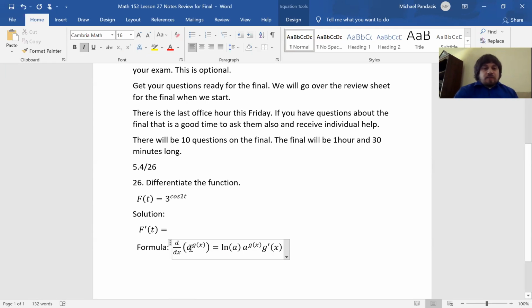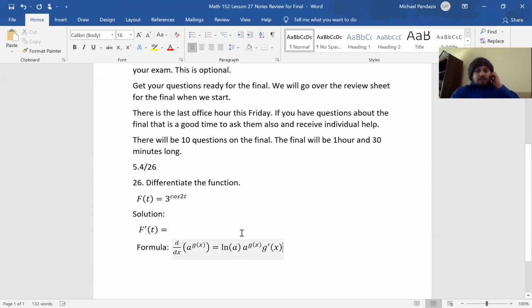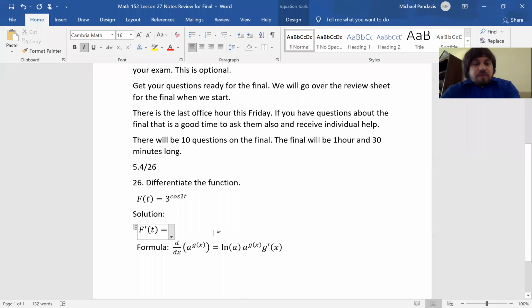Yeah, okay, good. So the derivative of a to the g of x, where a is a constant, is a to that function, g of x, times ln of a times g prime of x. That's the formula. So if you want to take the derivative here, it's going to be ln of 3 times 3 raised to the cosine 2t, and then times the derivative